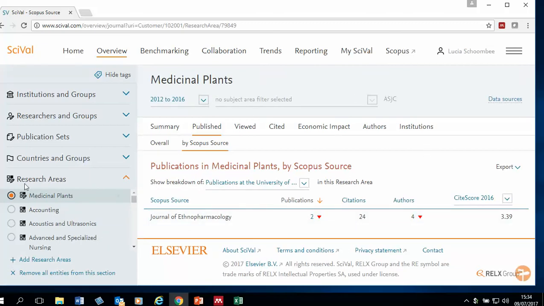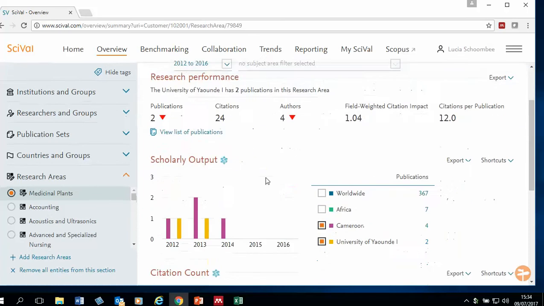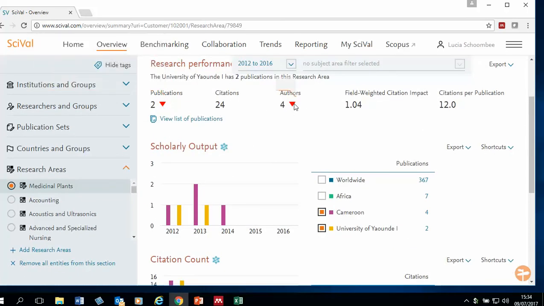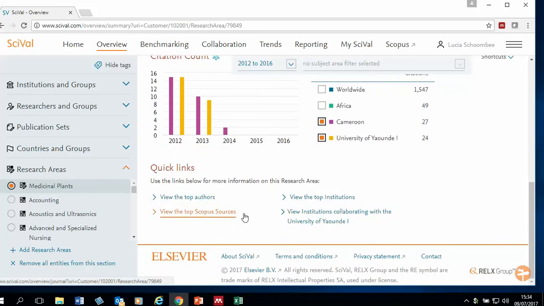So once the research area has been created, it gives you information very similar to any of the other entities. So you can look at the publications, you can see whether it's growing or whether it's declining. You can see it relative to the world and relative to Africa, the citation counts, the top authors, the top sources. So this is really a very competitive advantage, being able to use SciVal to analyze research areas and be very accurate in terms of identifying who are the top authors, perhaps people that you want to collaborate with, or just understanding